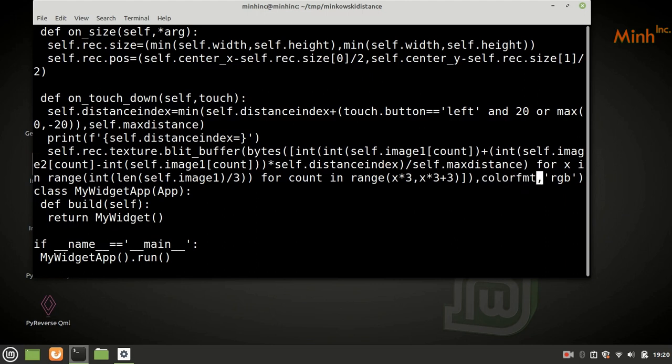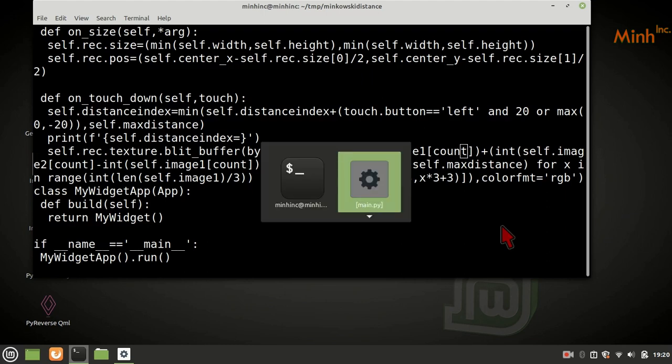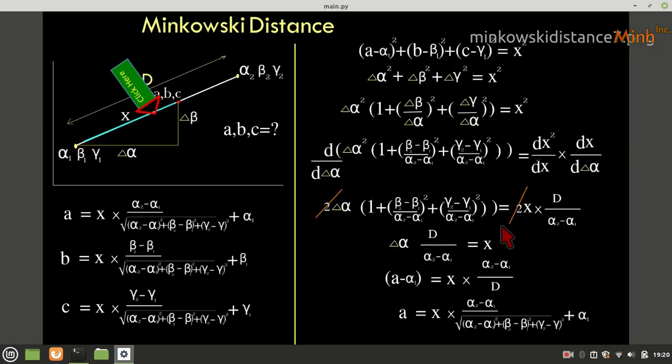format, that is equal to RGB. So now we'll start again. First is image 1 count. So first image 1 RGB we are calculating. So here we are. So we are trying to achieve ABC, that is RGB, and alpha, beta and gamma. Whatever is alpha,